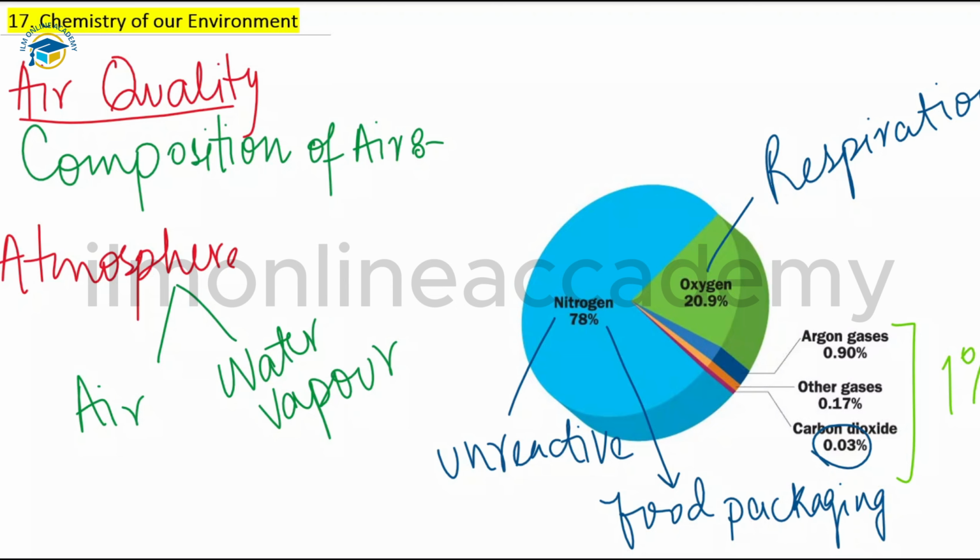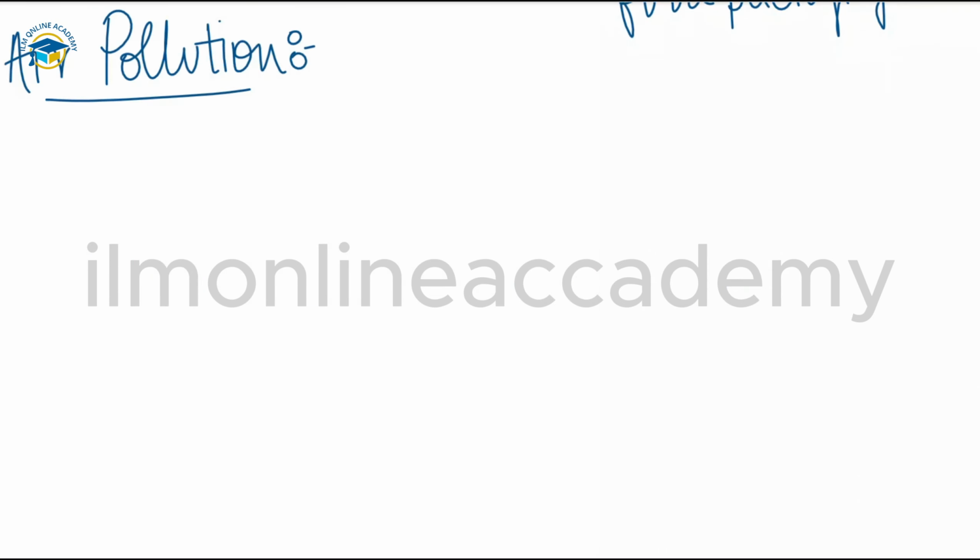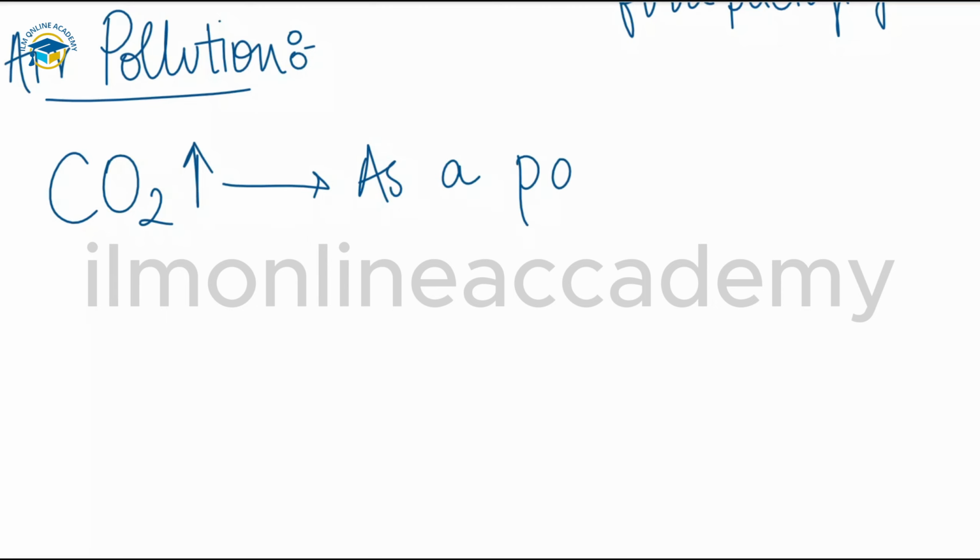So next we will talk about air pollution. The air can become polluted in multiple ways, but we have some air pollutants that are discussed in this chapter, so we will go through those pollutants. Human activity has contributed significantly to atmospheric pollution and has also increased the levels of oxides of nitrogen, sulfur dioxide, methane, carbon monoxide, and also carbon dioxide. Carbon dioxide occurs naturally in the air, but if the amount of carbon dioxide increases in our atmosphere, then that is considered a pollutant.